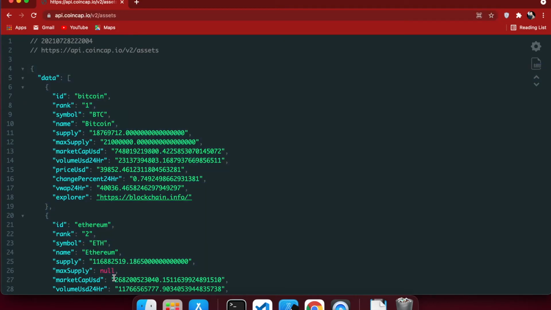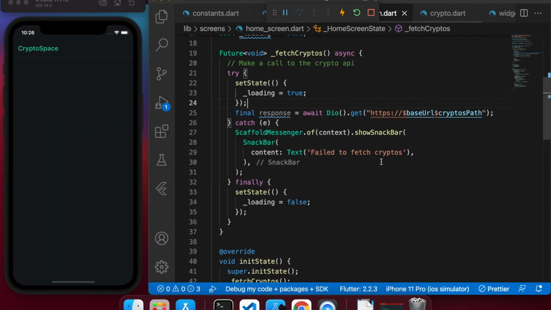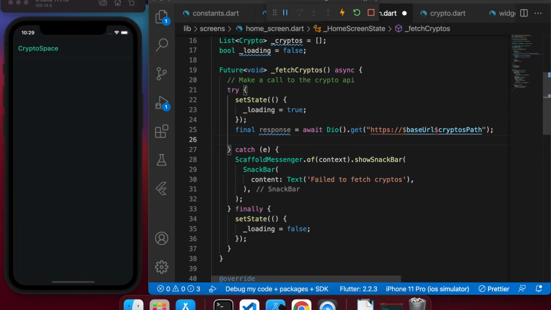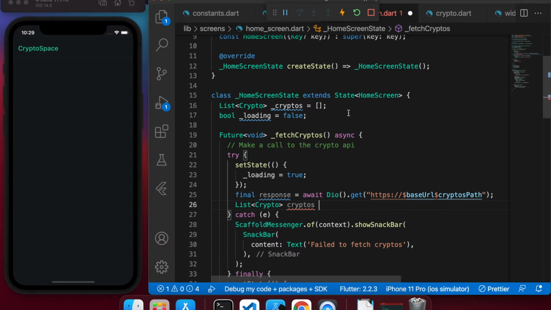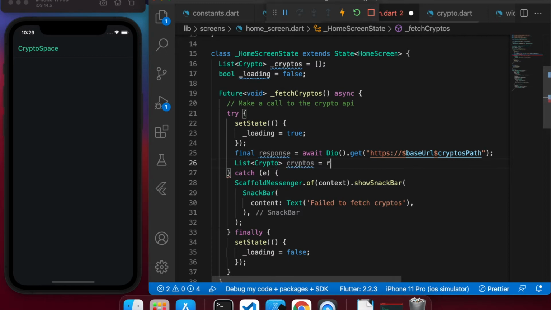It's a JSON, and then it has a key data, and this key data references a list of all the crypto objects. So let's go back to the home screen. So what we'll do is say list of type Crypto, and then we'll call it cryptos. Now notice that at the top we have an underscore here, and here we don't, so they're not the same variable. And then we'll say